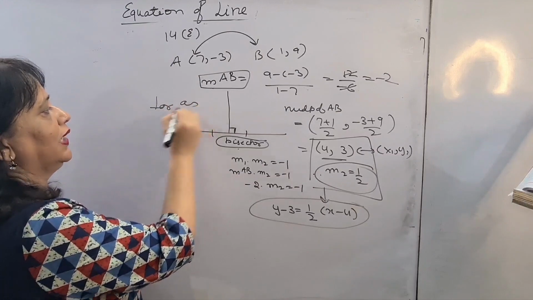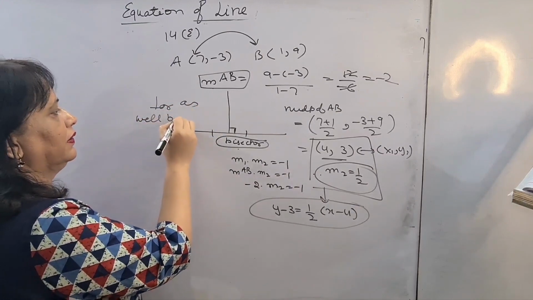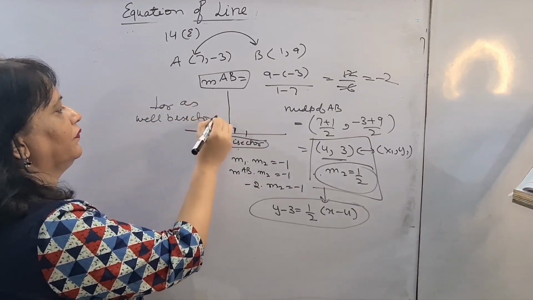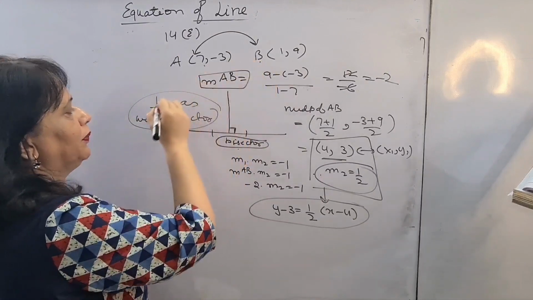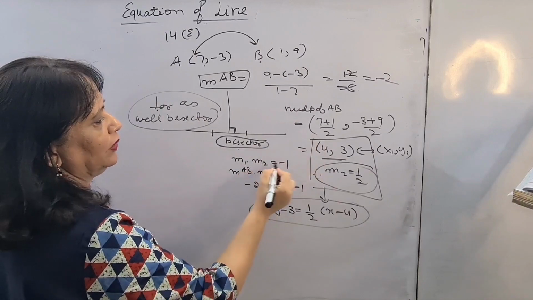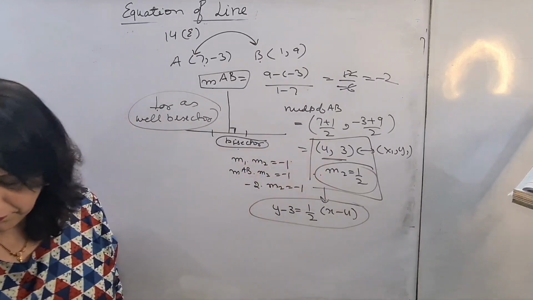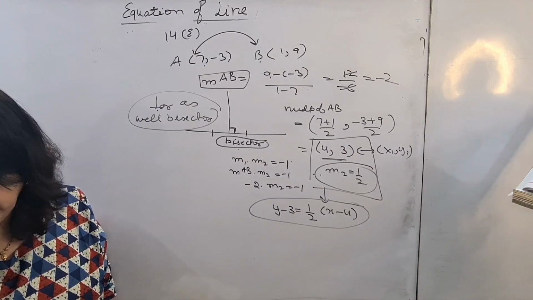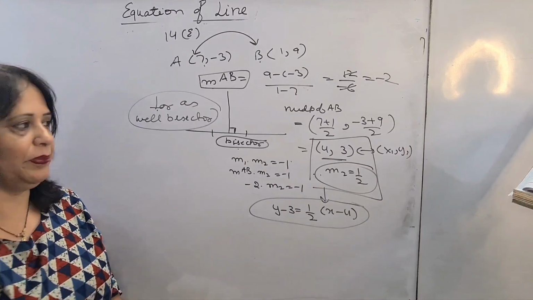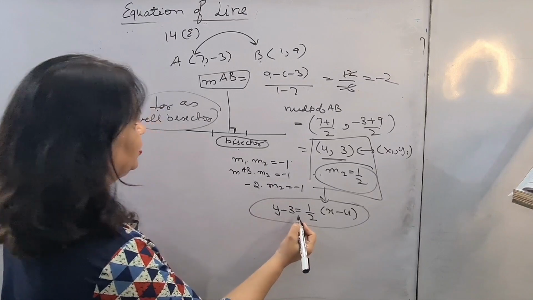Perpendicular as well as bisector. Both the conditions I have taken into account. Bisector, midpoint of the 2 points. Perpendicular, m1 into m2 is equal to -1. And the last is the value of p if (-2, p) lies on it. Whatever equation you get from here,